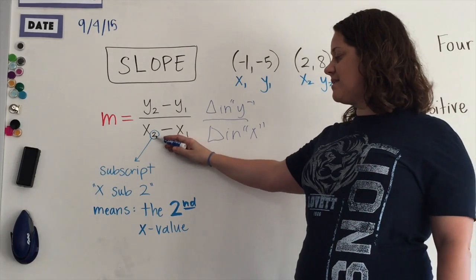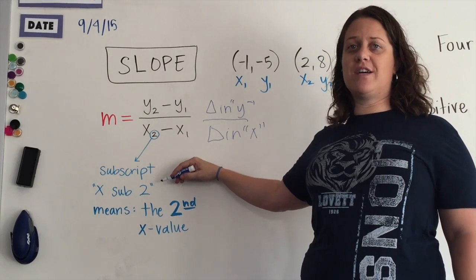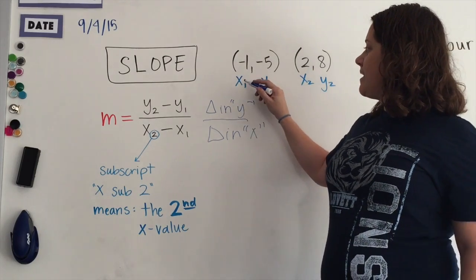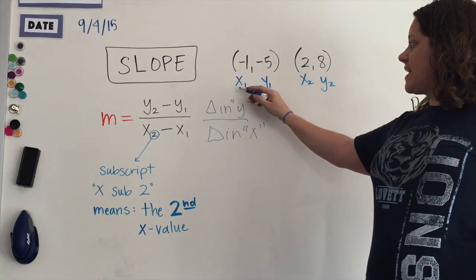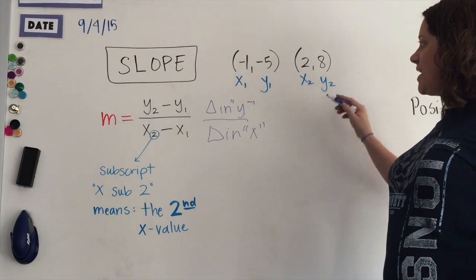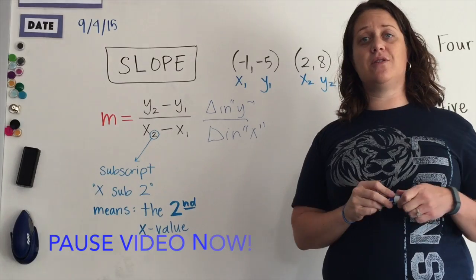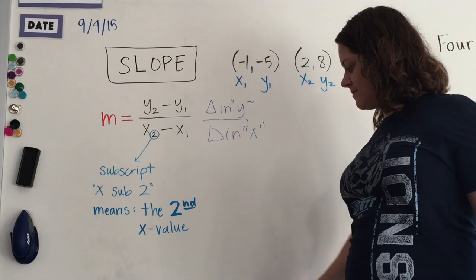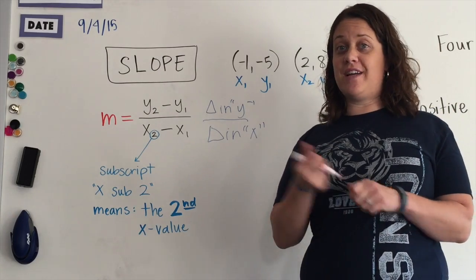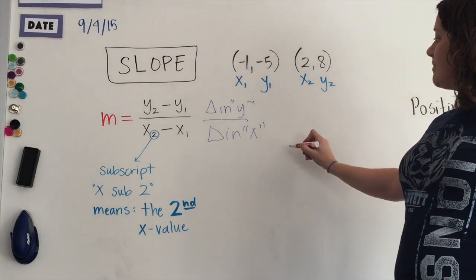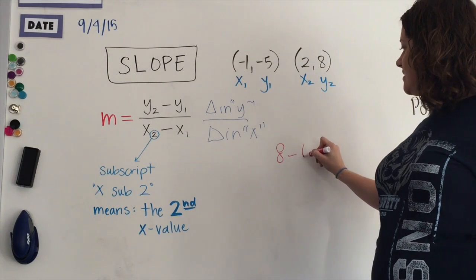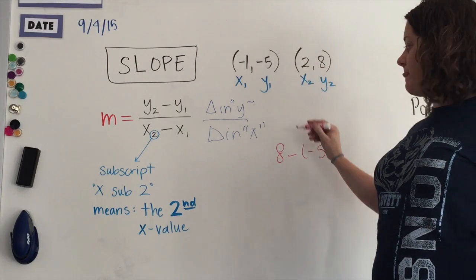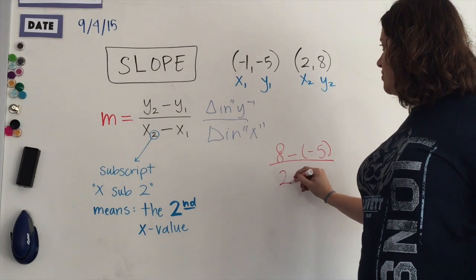And the way you read this, the little 2 is x sub 2. That's just a subscript that means that it's the second x. All right, so here Miss Achilles labeled this for you, so it's x1, y1, and it's x2, y2. So go ahead and pause the video and try to find the slope using the slope formula. Okay, I hope you already found it and you're back from pausing. So here we go. I'm going to do 8 minus negative 5, because that's y2 minus y1, over 2 minus